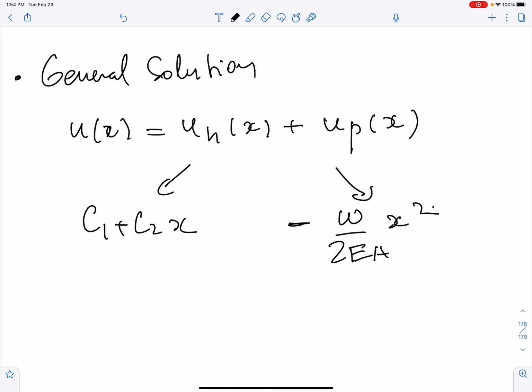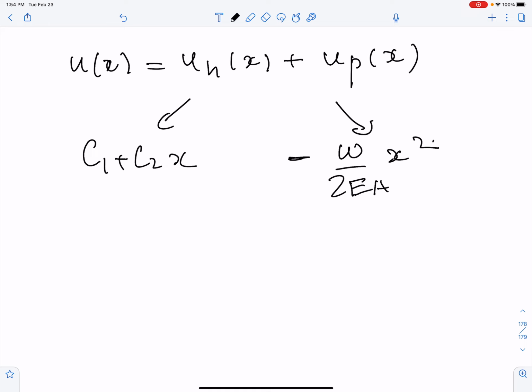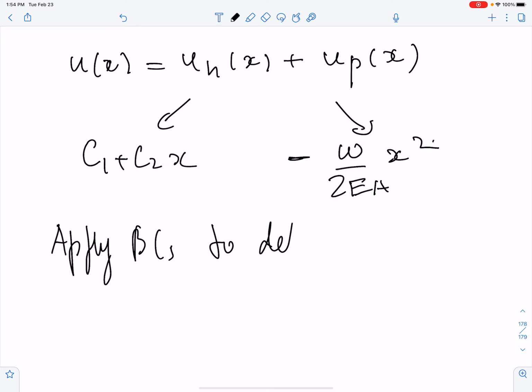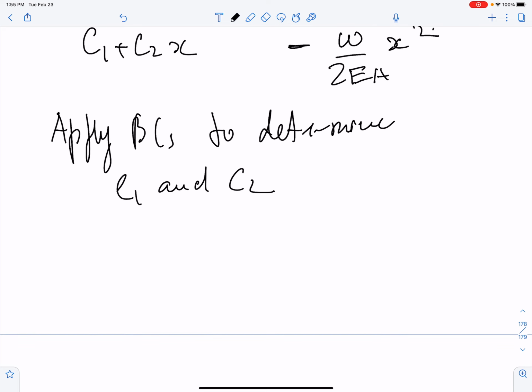You take a second derivative, you're left with minus w over EA. Okay. So next is you apply BCs to determine C1 and C2. Okay. And if you carry out the calculation, you will find that at the end of the day, your u of x